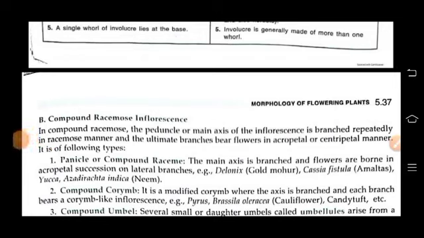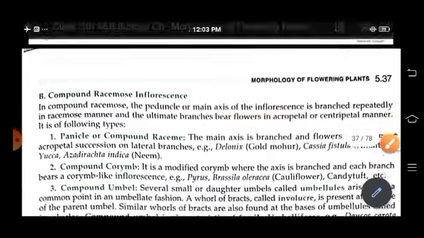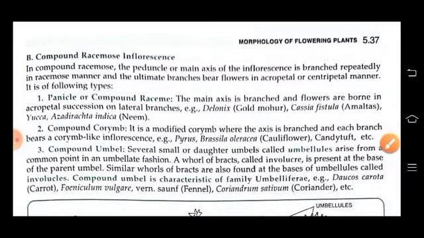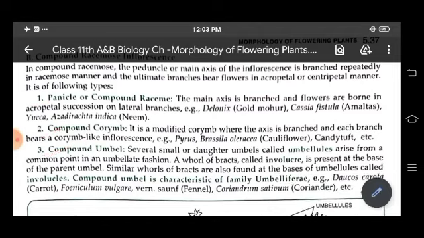Now come to compound racemose inflorescence. In compound racemose, the peduncle, or the main axis of the inflorescence, is branched, and the ultimate branches bear flowers in acropetal succession or centripetal manner. Now they are of 6 types: panicle or compound raceme, then compound corymb, compound umbel,